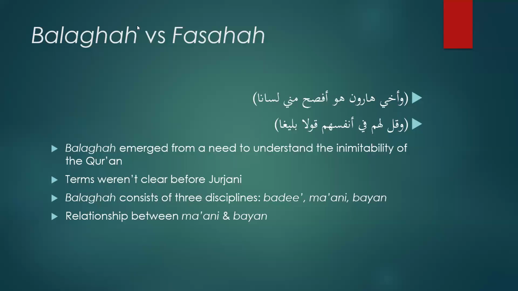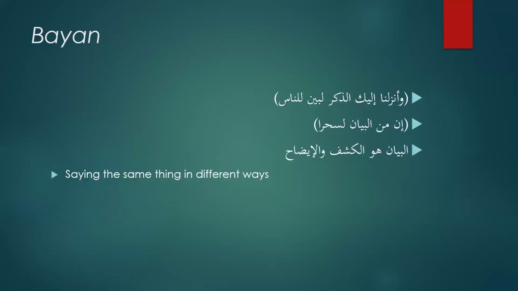But bayan is real. So ma'ani is an appeal to the mind in general. It's an oversimplification. Bayan is an appeal to the heart. Bayan is interesting because bayan means clarifying things, right? But it's actually like a tawdih or a kashf. Bayan is a depiction, a clarification, an illustration, and all of this is about